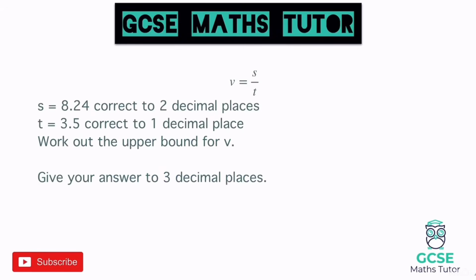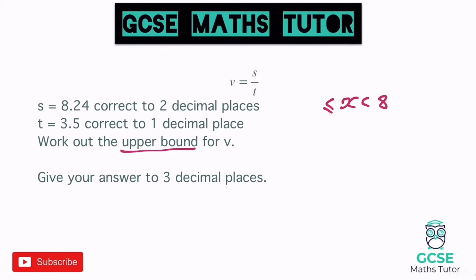Okay, so when you see this sort of question, you see these words here about bounds, there's always something we need to write down straight away. So we've been given 2 numbers here, so S is correct to 2 decimal places and T is correct to 1 decimal place. So the first thing I'm going to write down is the error intervals for them before I move any further. So writing our error interval, arrows pointing to the left, and an equal to symbol on our lower bound there. So I always start with the upper bound and I just stick a 5 on the end,